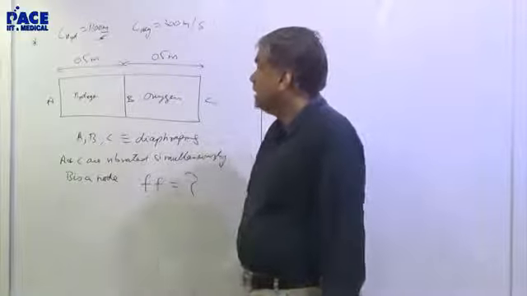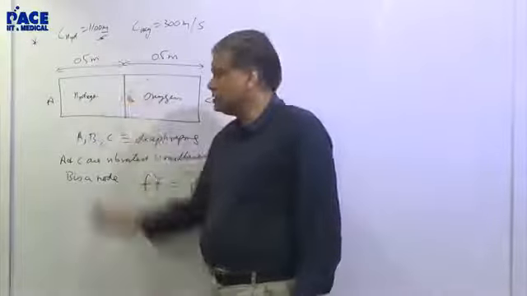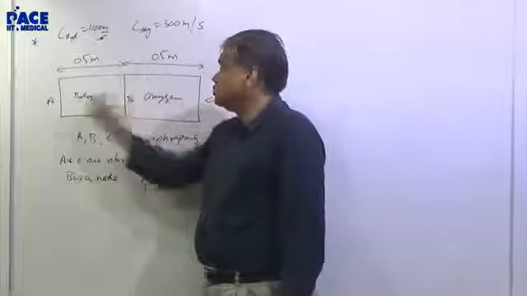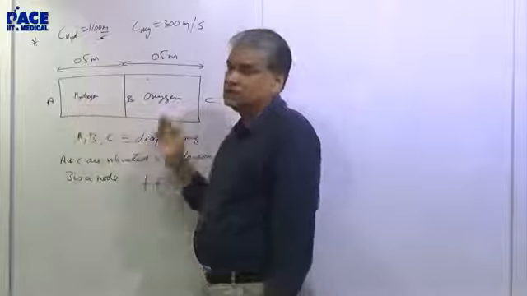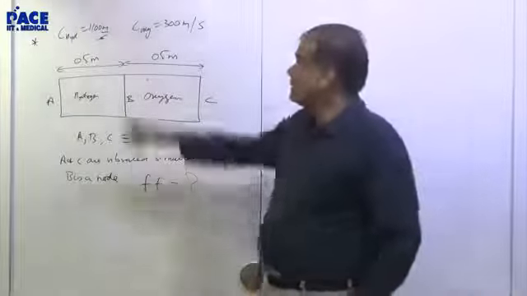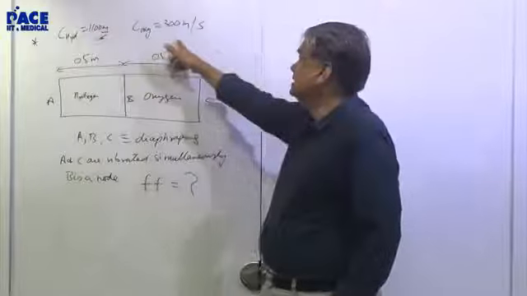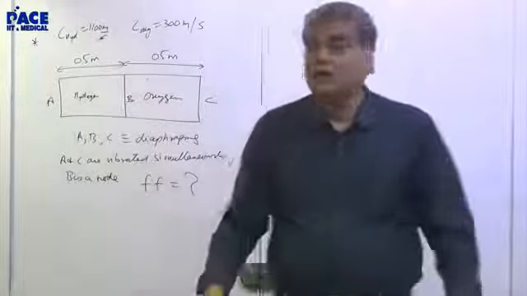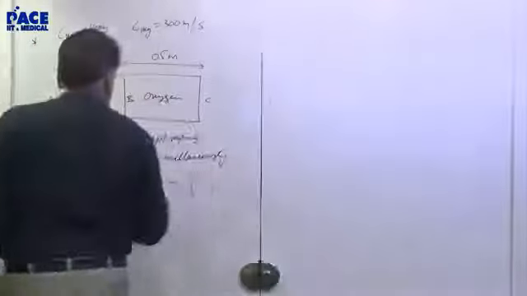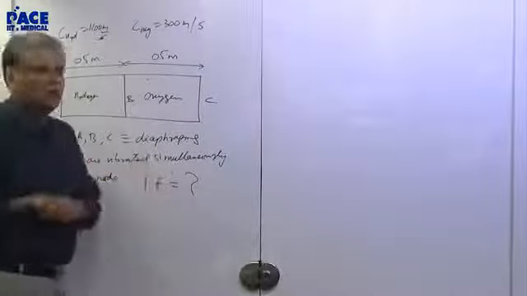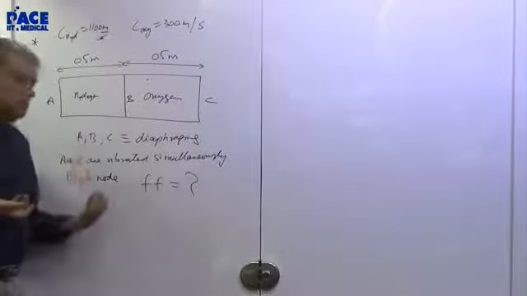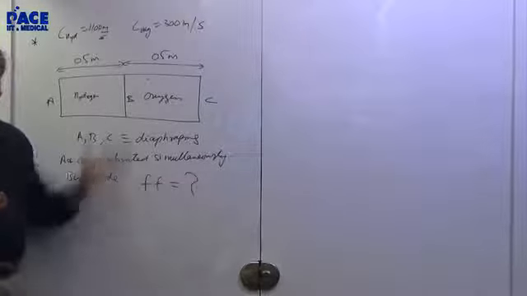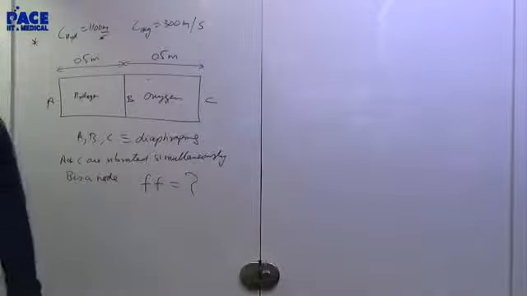So there is a diaphragm here also. So this is a dholak with a slight difference. There is an inside parchment also which divides it into 2 compartments. One compartment has hydrogen, the other compartment has oxygen. It's given that speed of sound in hydrogen is 1100 meter per second and in oxygen is 300 meter per second. A and C are vibrated simultaneously. You hit both the sides together, and it is given that B is a node. B could become antinode, node, God knows what, but it is given that B is a node. So what is the fundamental frequency of the system is the question. Is the question clear? So take the question first.